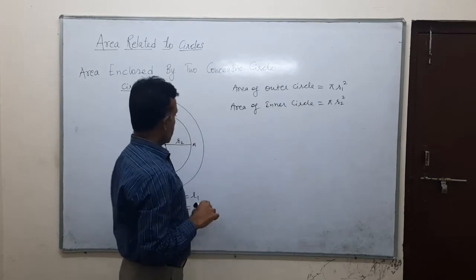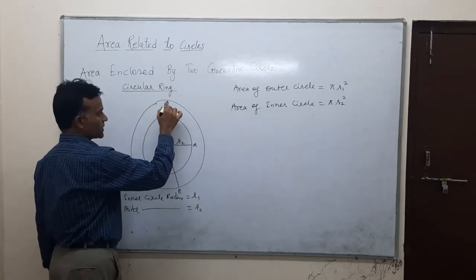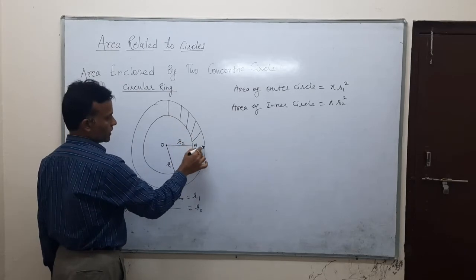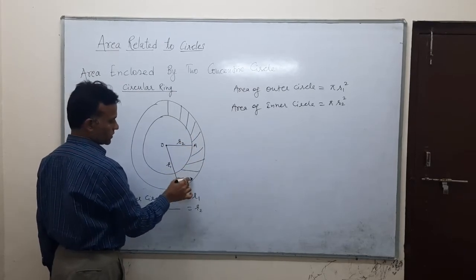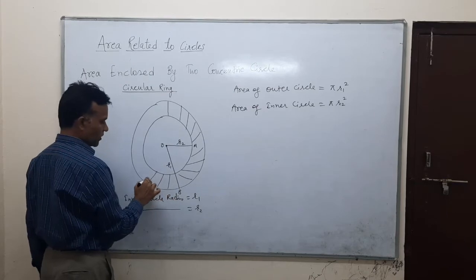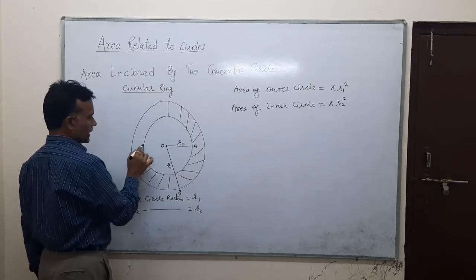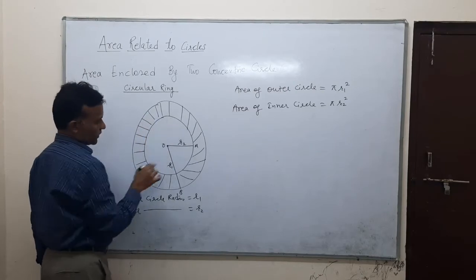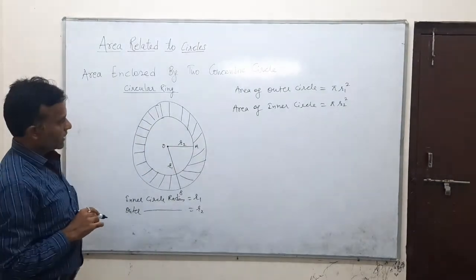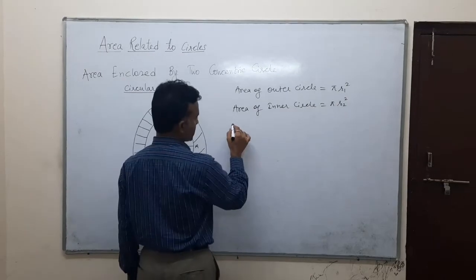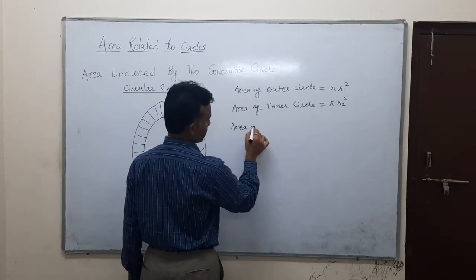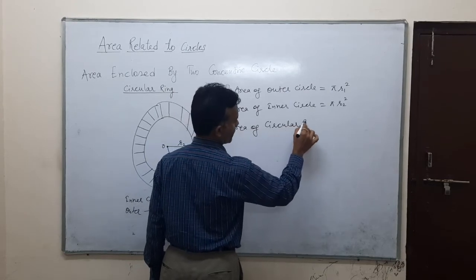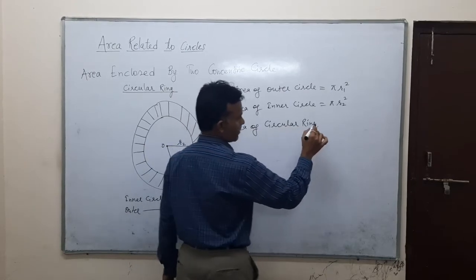Okay, now here to find out this much area, because this is the ring, this part you find out here. So it is very easy going now, because your outer circle, inner circle, their area, you find out the difference between this, then you get the area of ring. So area of circular ring equal to